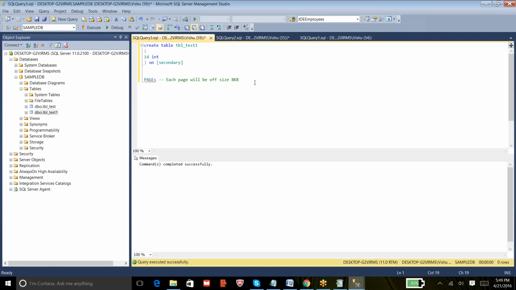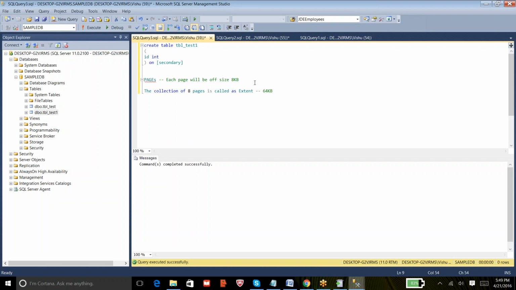And each page has a size limit of 8 KB, and the collection of 8 pages is called an extent. The collection of 8 pages is called an extent, which would be of size 64 KB.